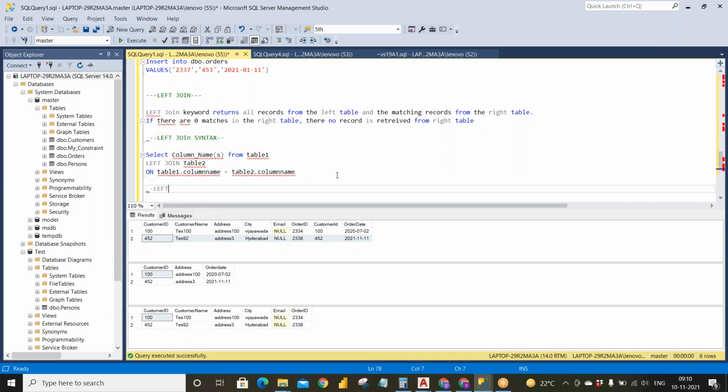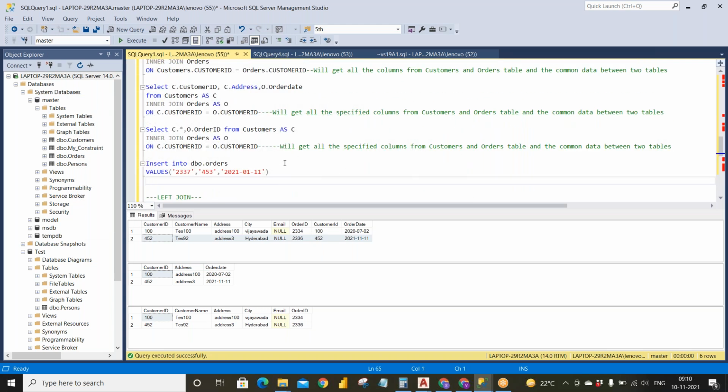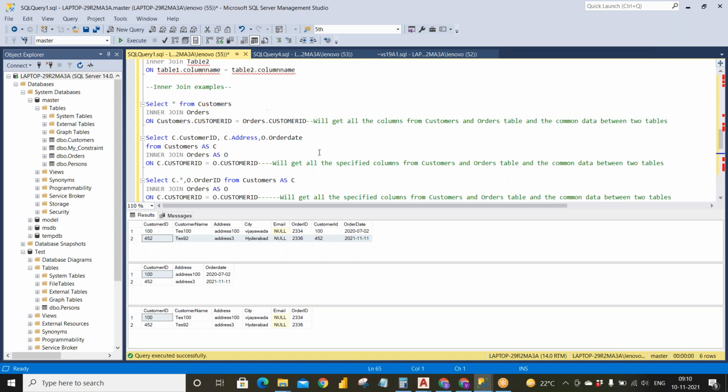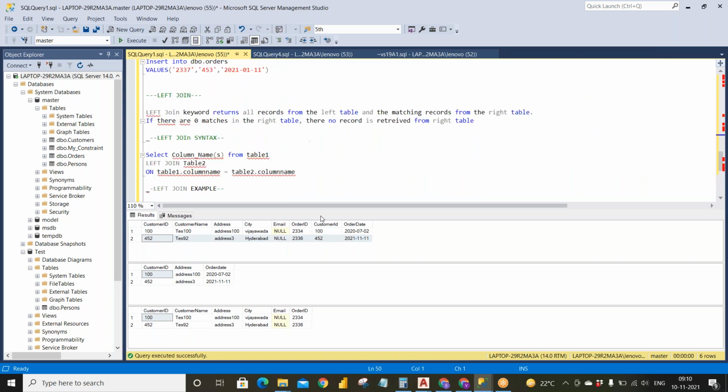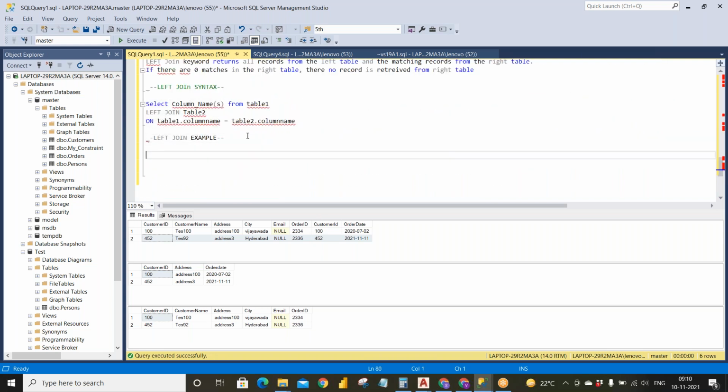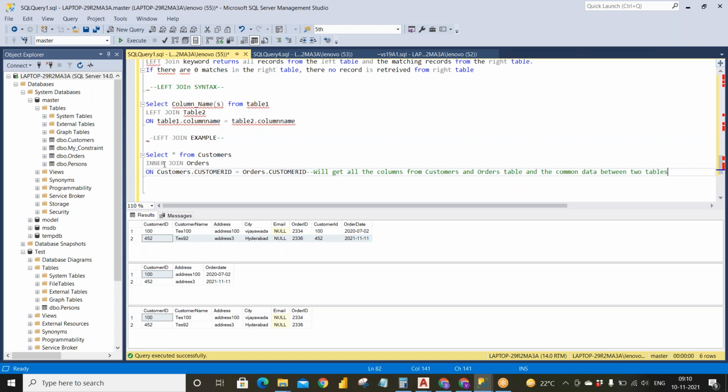So we will take the same example and we'll see left join. Okay, so now we will take the same examples and we will get to know clearly. In the inner join, we got the common data between two tables, right?